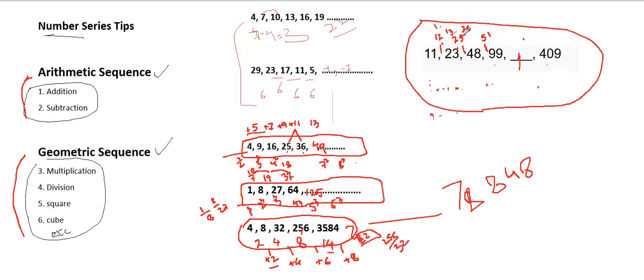Between 25 and 51, the distance is 26. So 25 plus 1 is the distance. So simply here we will add 51 plus 1, which is 52, to 51, and then add the resulting number here. 51 plus 52 is 103. So we add 103 here to 99 to get the next number. So 103 plus 99 is 202